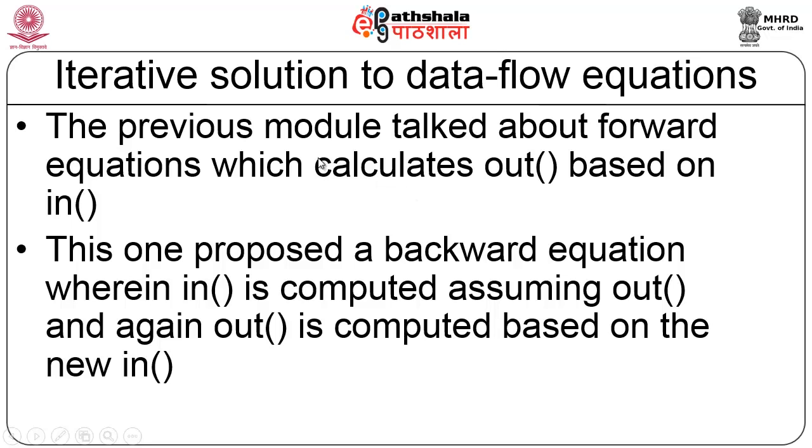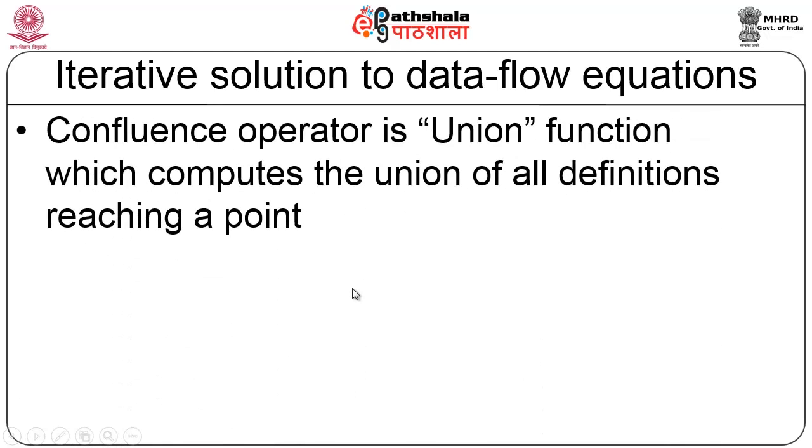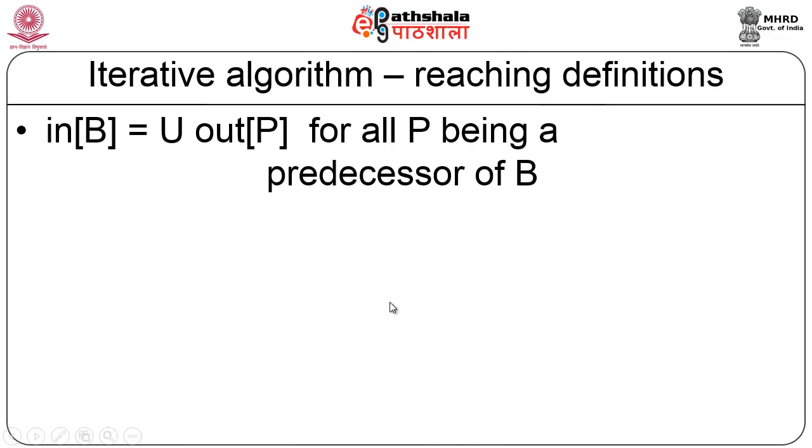So, earlier we have talked about the forward equation where we are computing out based upon the in. Here again the equation has not changed, but the assumption is we will compute in, and based on the new in we will compute the out of every block. Now, the operator which is called the confluence operator is used here, and the union operator is the confluence operator here, which is going to be influencing the data flow equation, and it computes the union of all definitions reaching a particular point. So, here in of B, now we are resorting to the block representation rather than statement per statement,